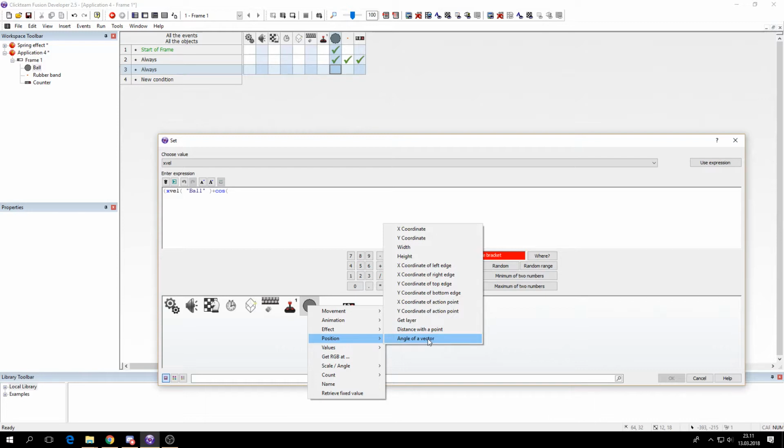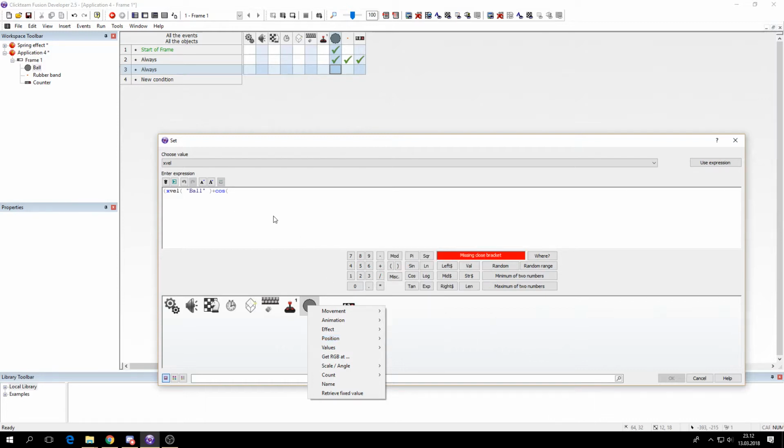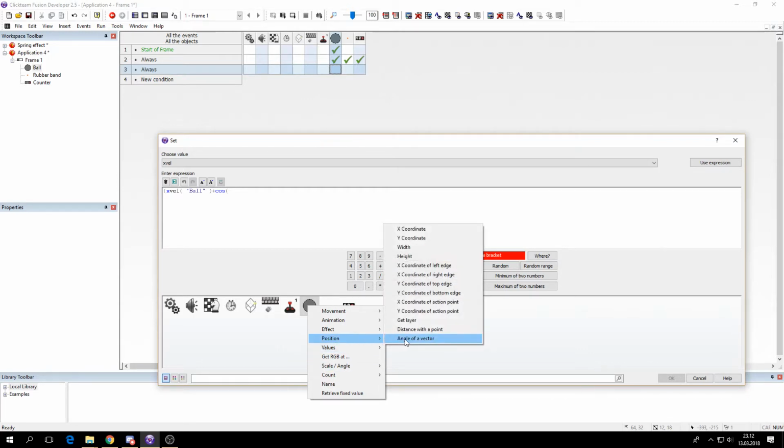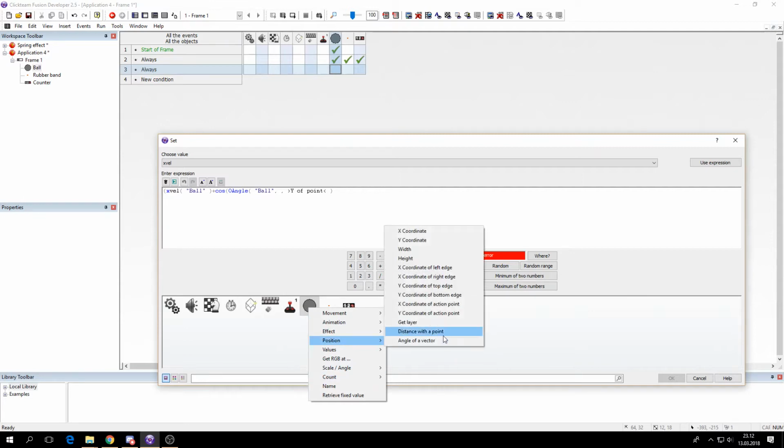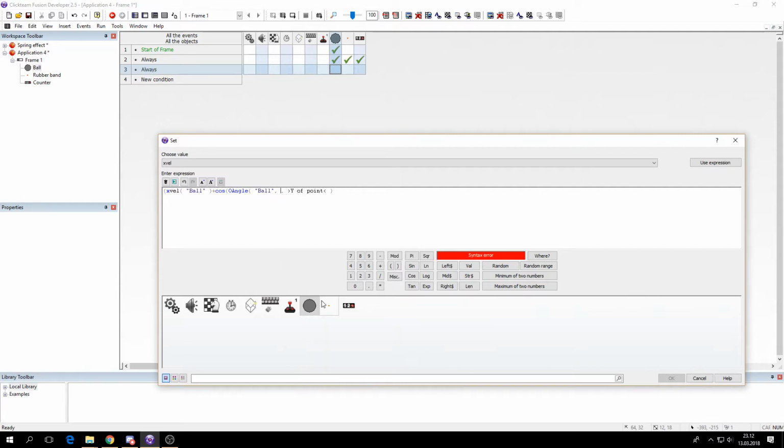So in this case we don't need to use the A10 method, because we don't really need a float value. It's not that important to have it with such high precision. So just click on the ball position and angle of vector, and then you'll set the x position towards the x mouse and towards the y mouse here,